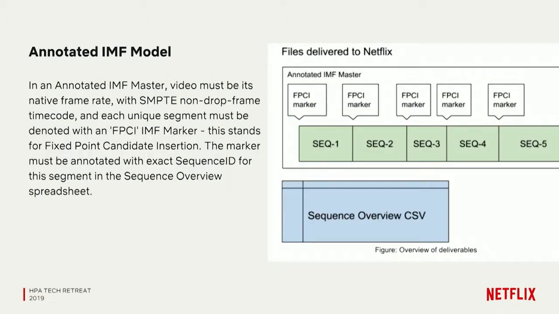So we iterated on the source delivery model with an annotated IMF. In this case, it was a little more elegant. You could lay those segments out end to end. You didn't have to do any padding. You just had to include a marker track that included the FPCI marker. And in the annotation of that